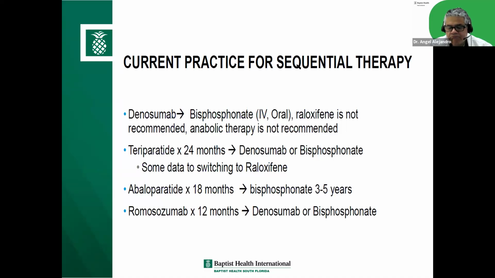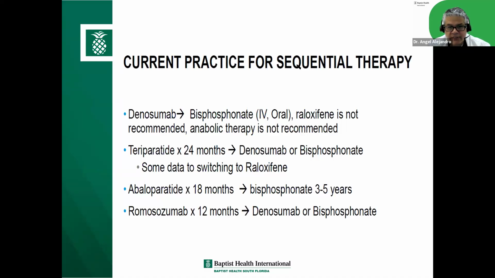So everybody honestly should start on a bisphosphonate, okay? Unless they have severe osteoporosis from day 1, right? They have a T-score less than -3, then you may consider starting them on denosumab first, okay? If they have severe osteoporosis and they've already had a fracture, then maybe you want to do one of the anabolics or the Evenity, okay? But bread and butter, right? What do these patients need? They need an oral bisphosphonate, okay? If they don't tolerate it, switch it to IV.